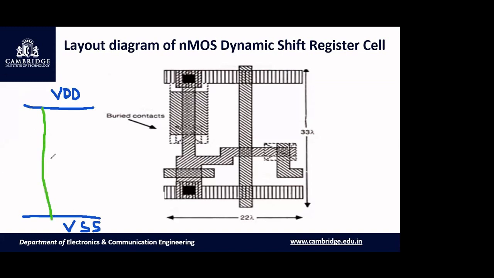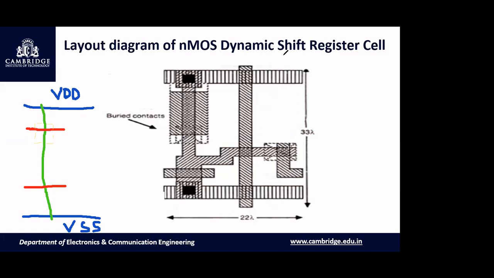This is the diffusion path which is drawn. We'll use green color for the diffusion path. It should be in rectangles. Fine. And you know that by crossing poly we'll get a transistor. I'll cross one poly here, I'll cross another poly, so that you'll get two transistors. Getting it? And the upper one is the depletion mode transistor. For that, we need to show the implant. Implant should be drawn like this.